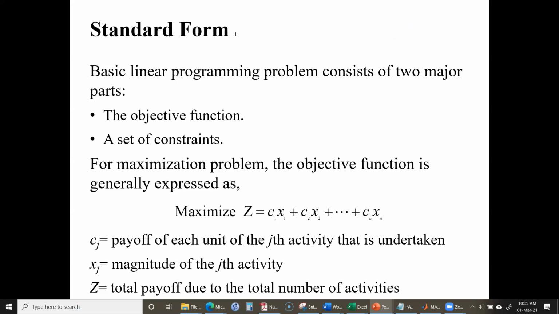So the standard form of a linear programming problem is that we have a function, which we will represent by z, and that function